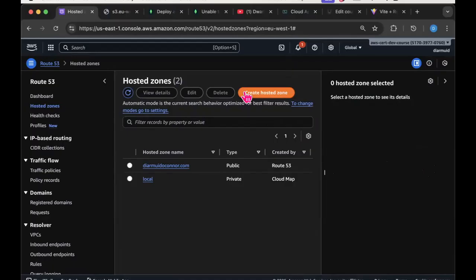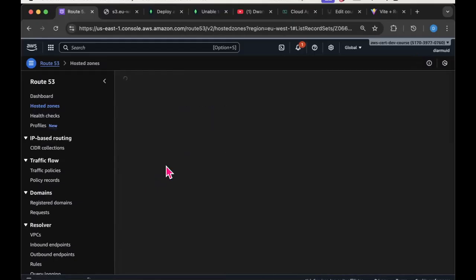All you will be asked is, what is your custom domain name? The name that I bought was dermotoconnor.com, and hit create. And here's my hosted zone for my domain. If I go into it,